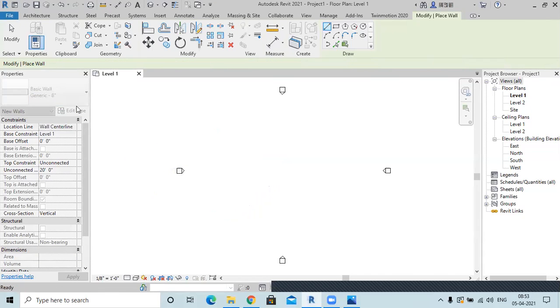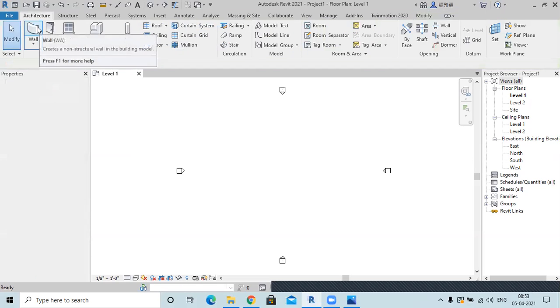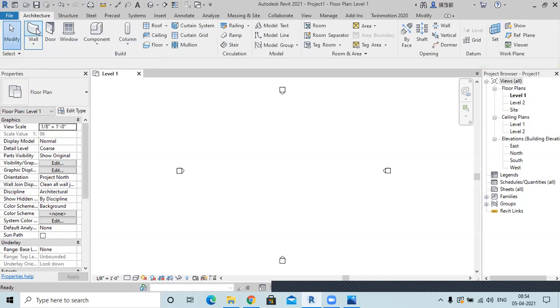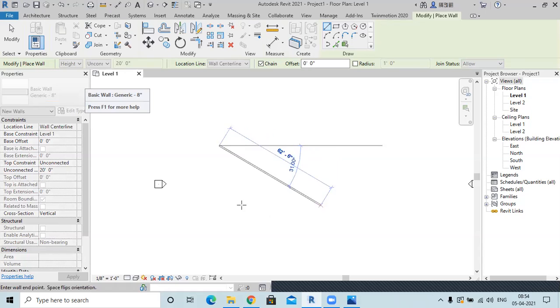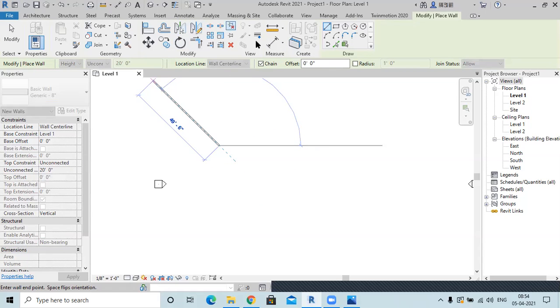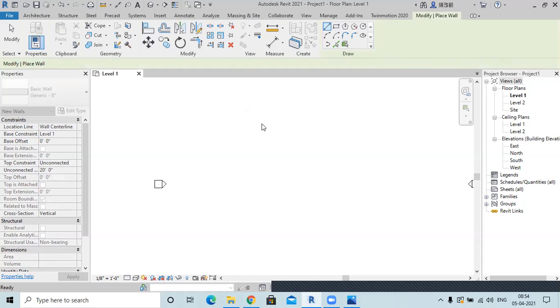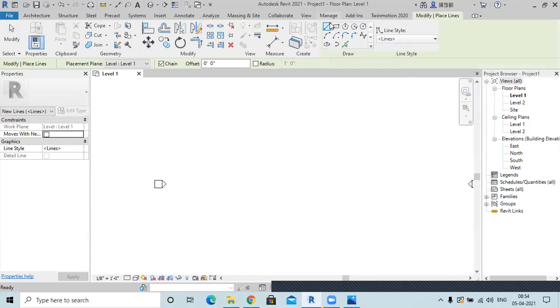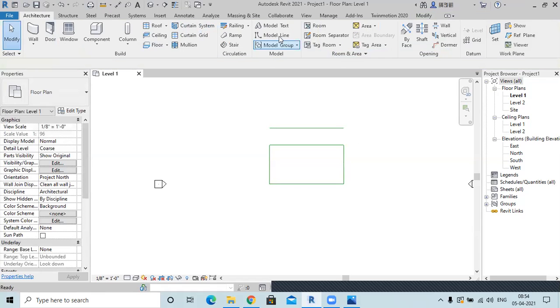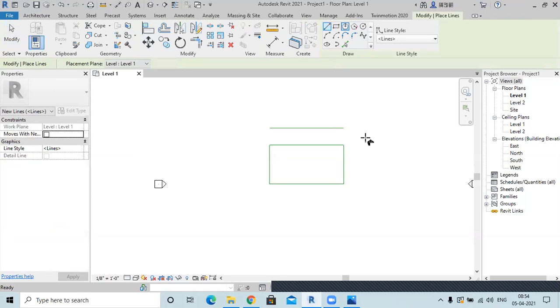Okay, so now I'll again show you. If you have selected a wall from here, you can directly start creating a wall. But what are these options which you are seeing? So first let's go through them. This model line is just a line. When you select a model line, you'll get different types of shapes here. First, this is a line you can draw. Then if you select this rectangle, you can draw a rectangle. All these are basic things, you definitely won't need to focus on that too much.